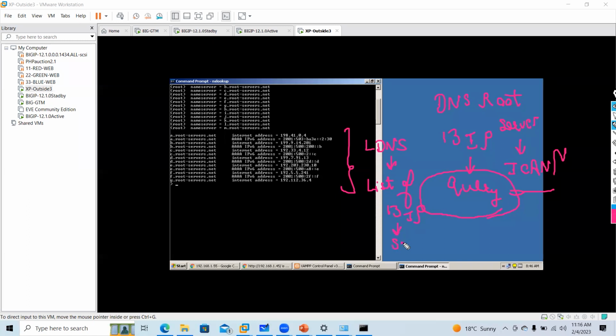That comes by default in the software. When a DNS lookup is initiated, the first communication will happen over these 13 IPs. That is a very important topic, guys. That is how we find the root name server.